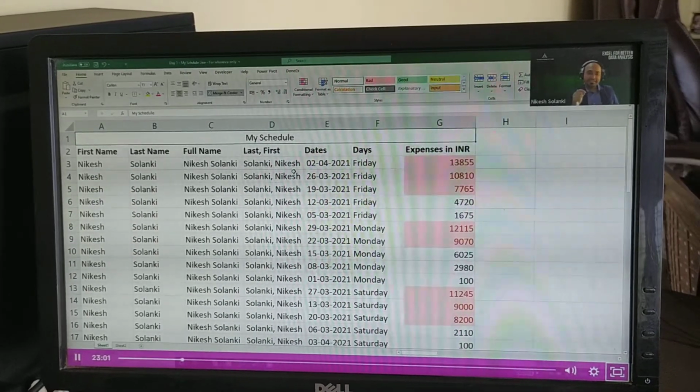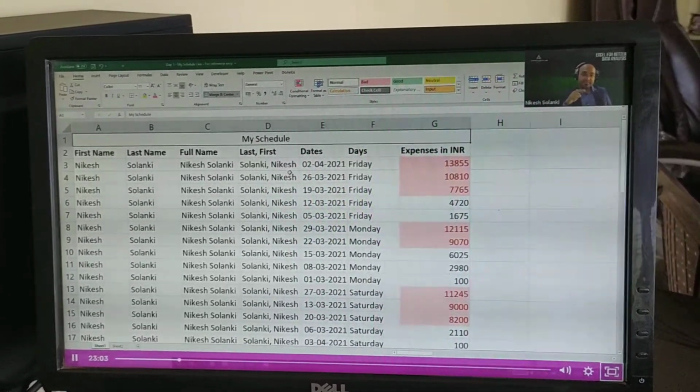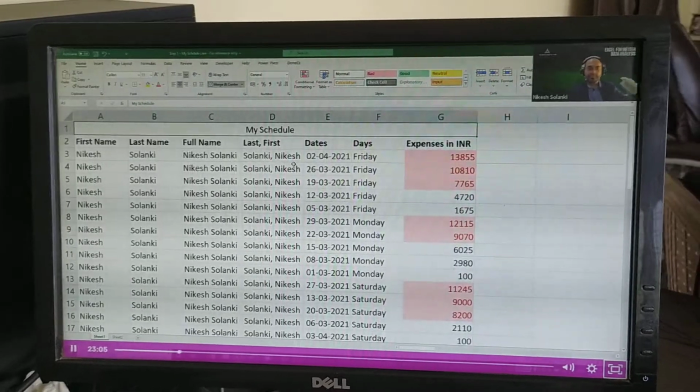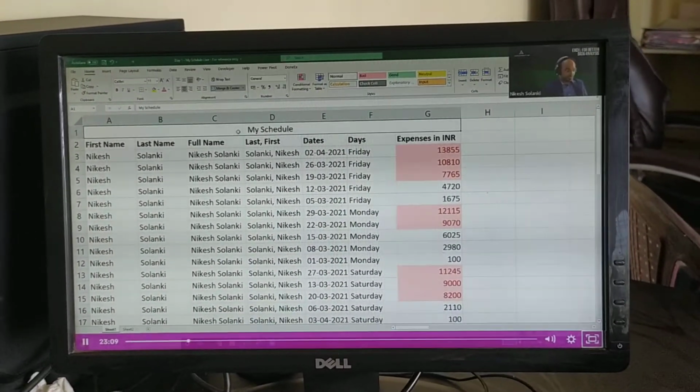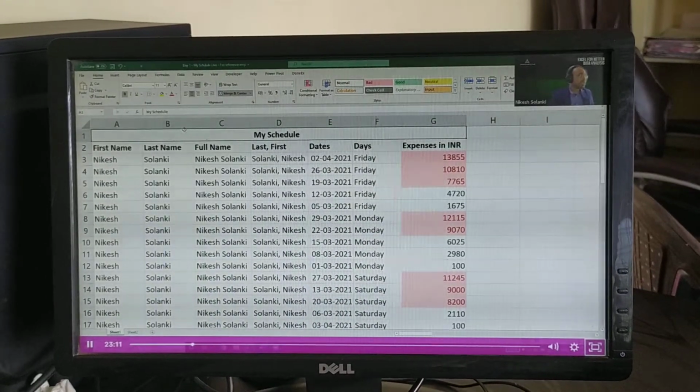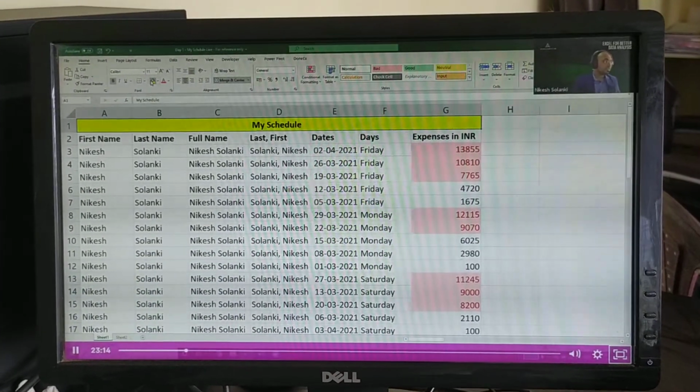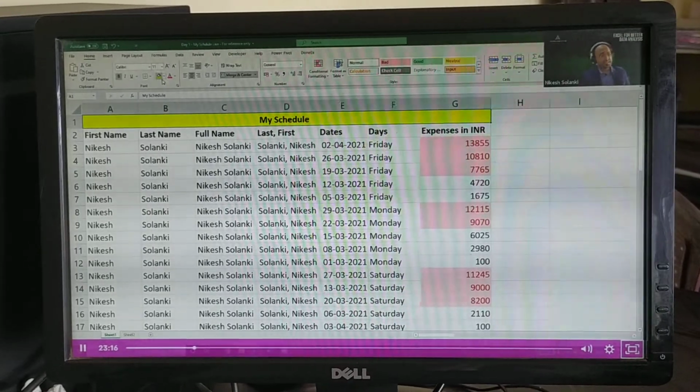But the name of the cell will always be A1. The reason being, the starting point will always be the cell name of this range. Okay. I will just bold this also, just to make it more beautiful. I'll use some colors. I'll put yellow color. Obviously, it's there on the top.